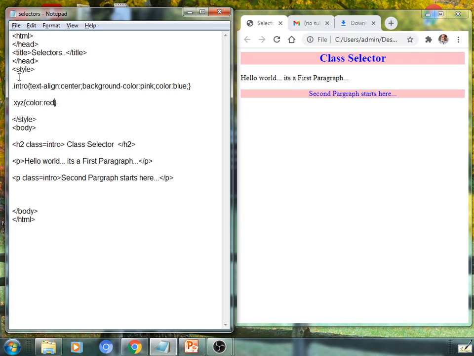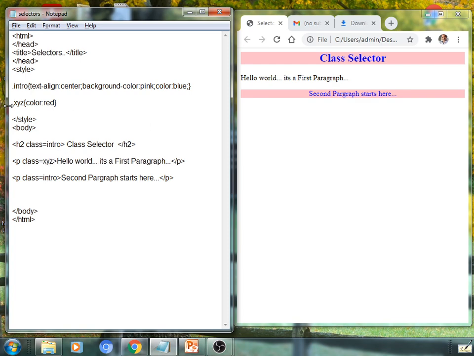I am going to design a new selector, a new class selector called XYZ. I have saved it here. I am going to apply it here, to the first paragraph. See here what will happen. Class equal to the name of the class, what is it? XYZ.